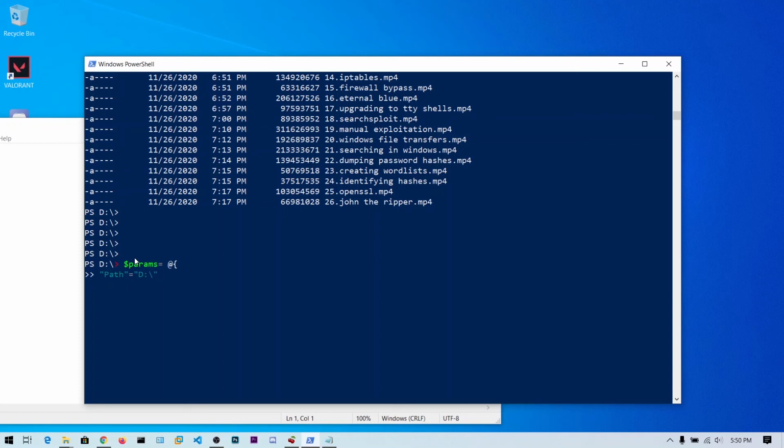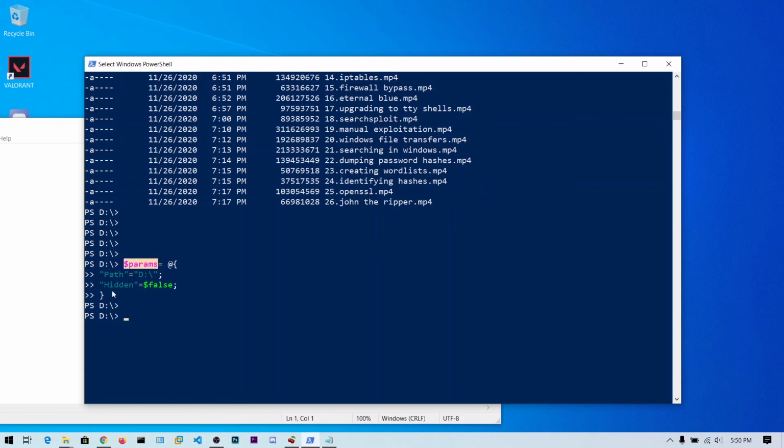This is not compulsory because we are in the D drive, and the command will fetch from the current drive. Now put a semicolon to give the next parameter, and now let's say Hidden equals false. I think this is fine, because if we give the Recurse option it will display so much output. I just close the brace and hit enter.